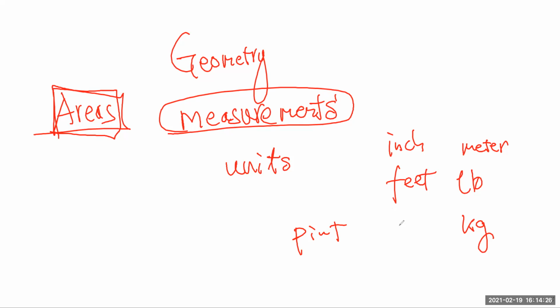Knowing the units, then we'll be able to do a measurement. Now, in terms of measuring area, the unit we use is called a unit square. It's a square where all sides are one. It can be 1 foot, or 1 meter, or 1 inch. No matter what, it is one. So one times one is one.